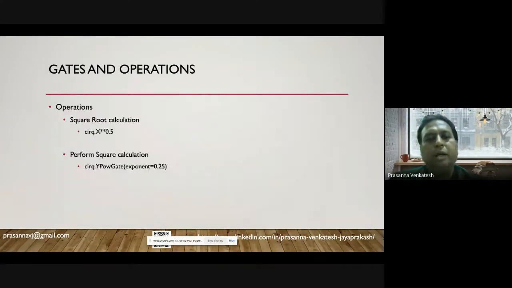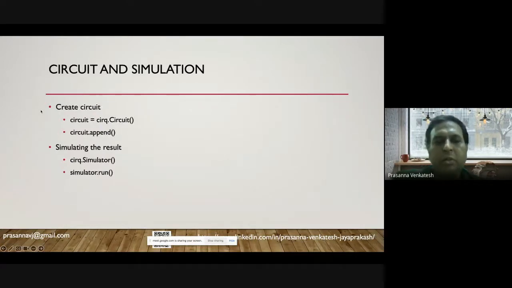So now coming to the circuits, you have a circuit that is defined by circ.circuit, and there is an operation called circuit.append that enables you to append different qubits. Once I create the circuit, we talked about the steps in the quantum computing process: you have an algorithm, you convert that algorithm to a circuit, and that circuit has to be executed somewhere, then only you will get the output.